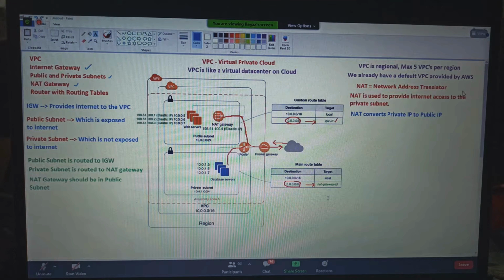NAT instance meaning NAT is software that I need to install on an EC2 instance. I might use T2 micro or T2 small, and I routed all the traffic from the private subnet to that EC2 instance. If there is a huge requirement of internet, will that T2 small be sufficient as a NAT instance?